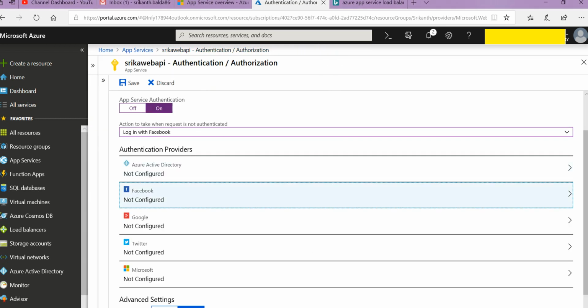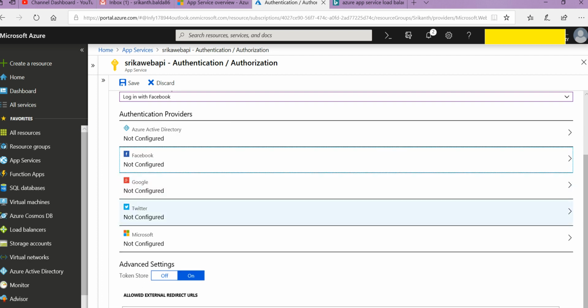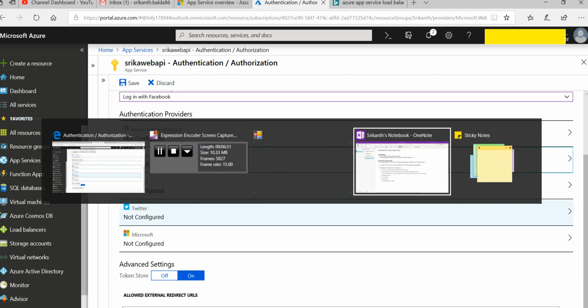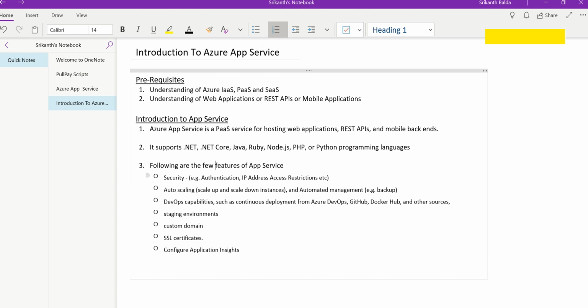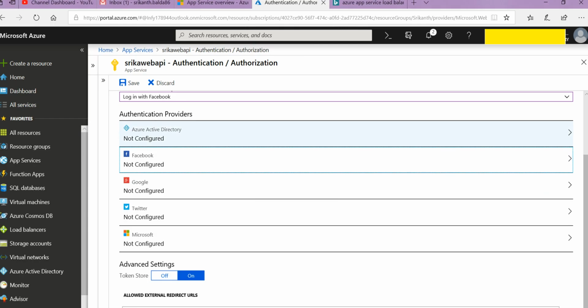So again, each and everything is a very big concept. In the next videos, in each video, I am going to cover in particular how Facebook authentication will work, how Google authentication will work, with complete demo. For right now, as part of this, I was just explaining about the features. So now coming to the auto scaling,